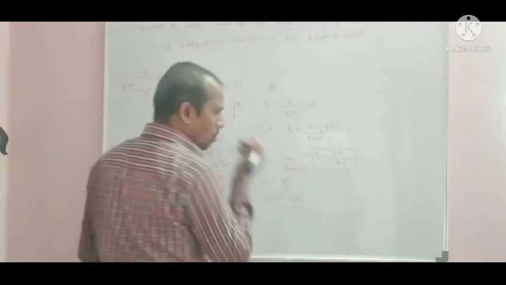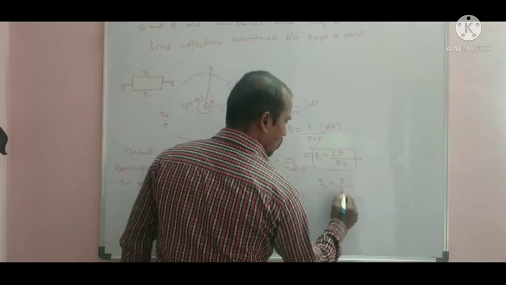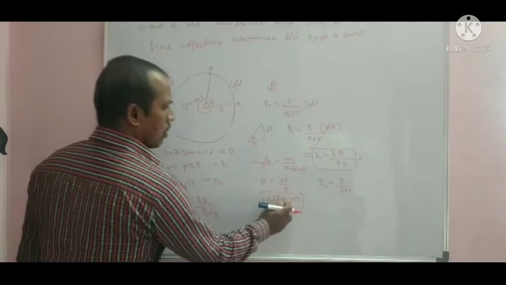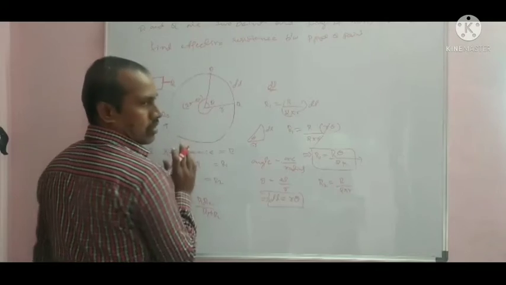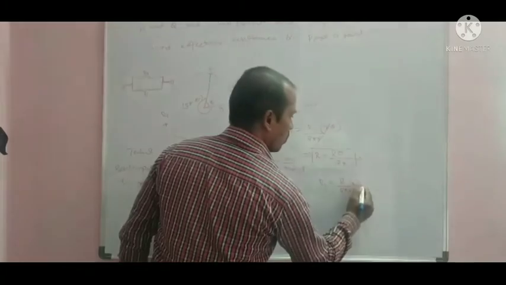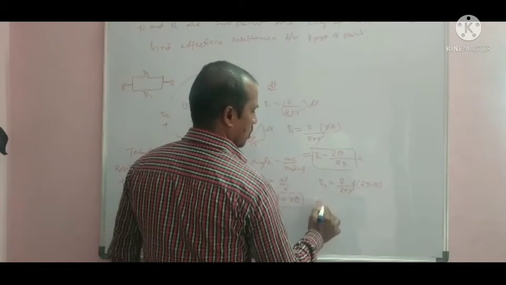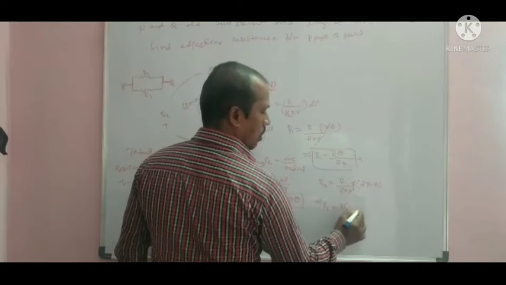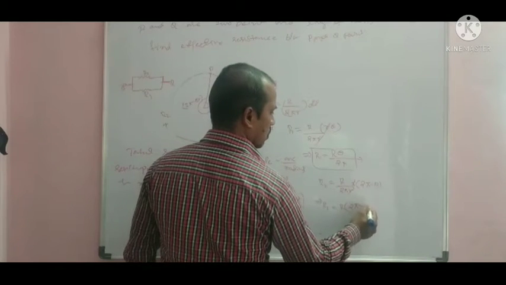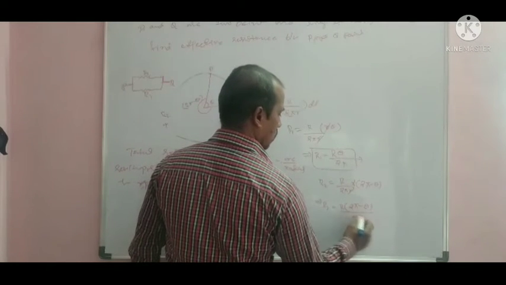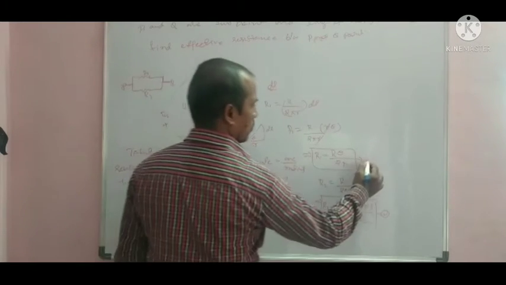So R2 is equal to total distance by 2 pi r, remaining angle. So this is r theta, and the remaining angle here is 2 pi minus theta, r into 2 pi minus theta. So r gets cancelled, and it simplifies: R2 is equal to r into 2 pi minus theta by theta. This is equation 2. Okay, this is equation 2. This is equation 1.